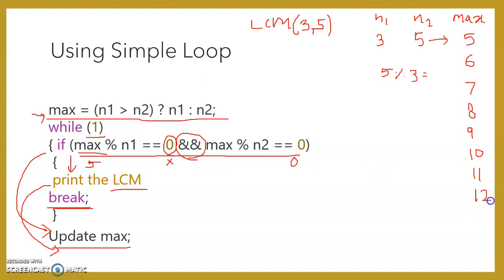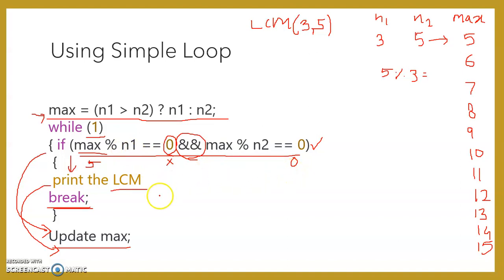So again update. 12 mod 3 is true, but 12 mod 5 is not. 13 mod 3 and 13 mod 5 are not 0. Go to the next, 14 mod 3 and 14 mod 5. Again update the max. Now 15 mod 3, yes, it is 0, and 15 mod 5 is also 0. Now we are satisfying both the conditions.